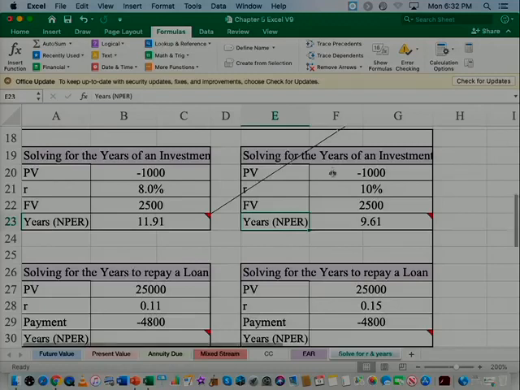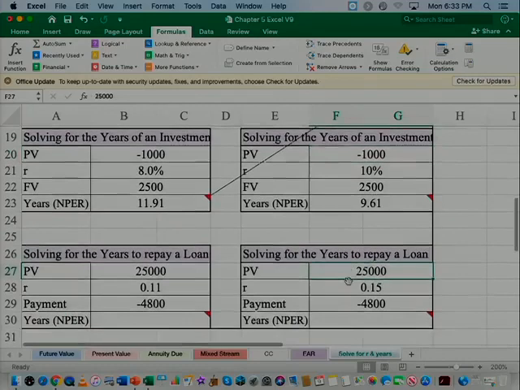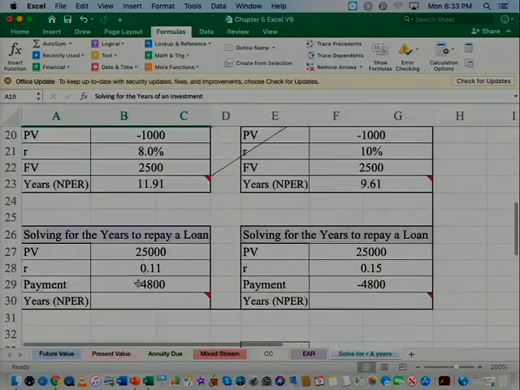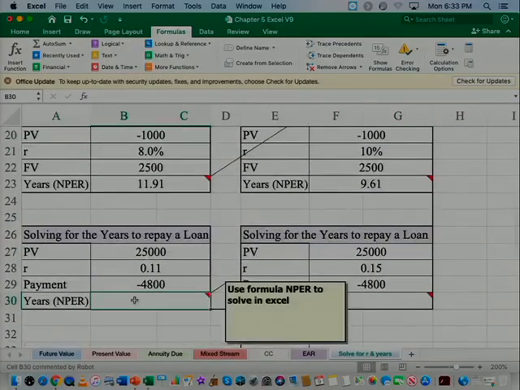The only thing that's negative is present value. Like I said, present value is always negative in Excel. Oh, this one down here? Oh, because this is a repay a loan. So we did here as an investment. The payment's negative because that's really present value, because you make the payment today, or think of a payment as